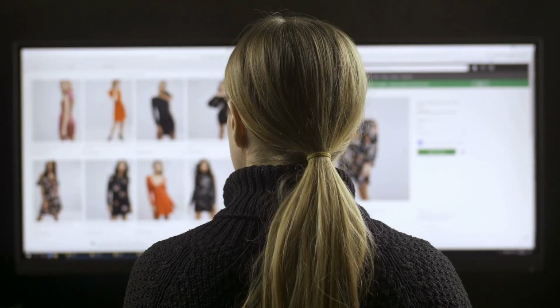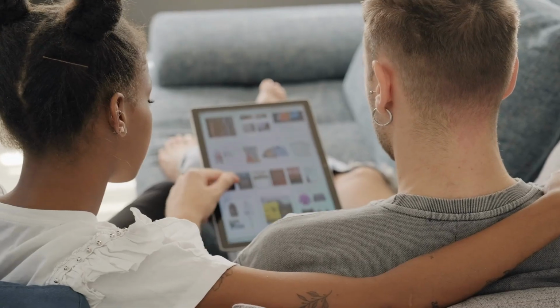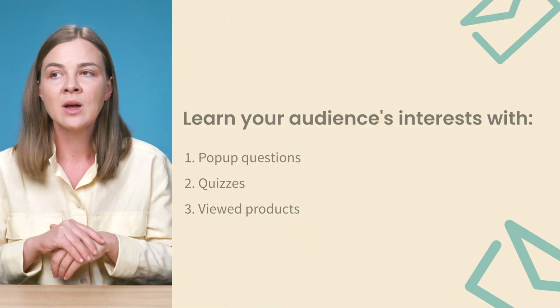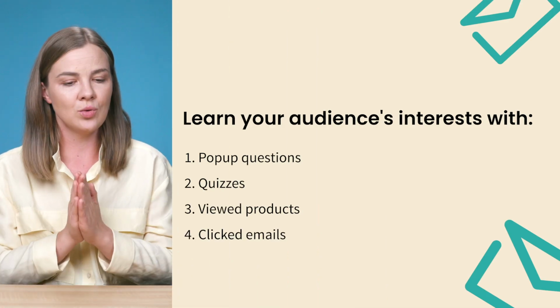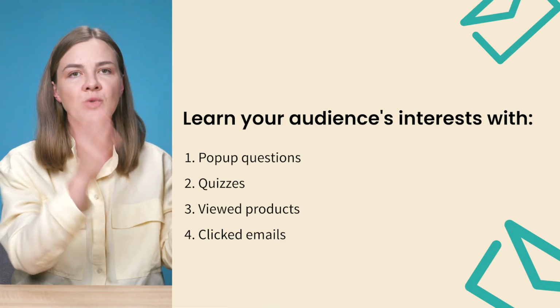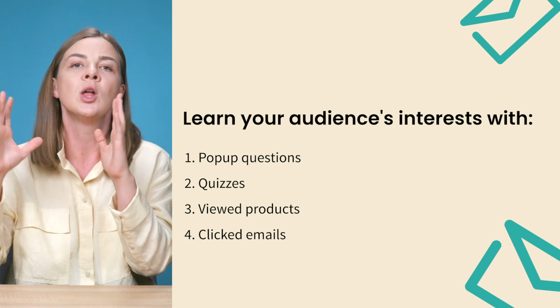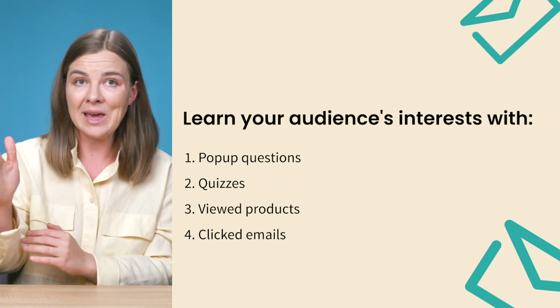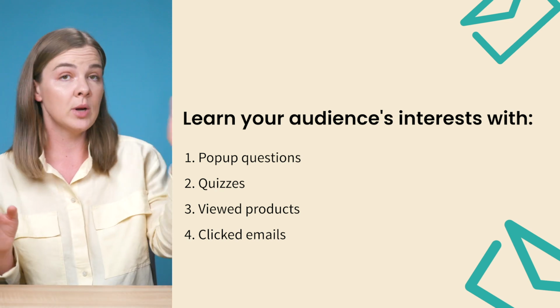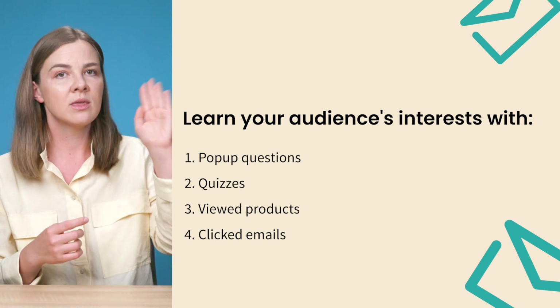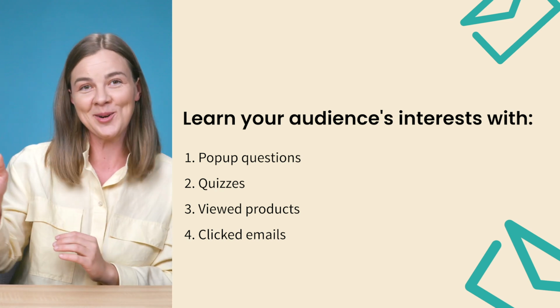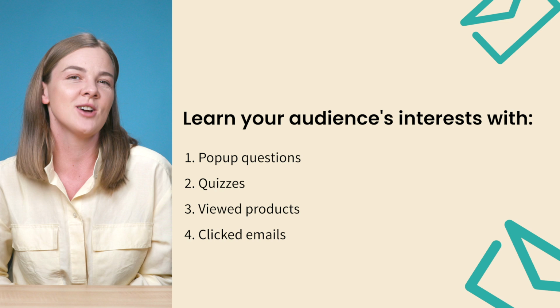Other sources of interests could be the products that the person viewed. So if they viewed products X, Y, and Z, you build a segment based on that. Here you go. Or maybe if they viewed a whole category page, that can also be in the definition of an interest-based segment. Of course, clicking emails. If you send emails focused strictly on topic A and then an email focused strictly on topic B, then you can segment and say, hey, anybody who clicked that first email, they're interested in topic A, and anybody who clicked the second email, they're interested in topic B.